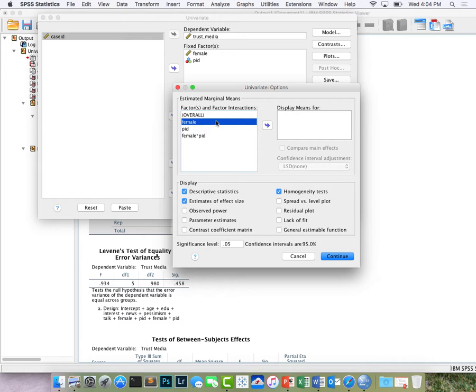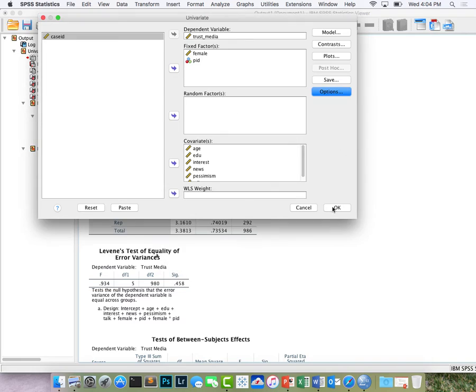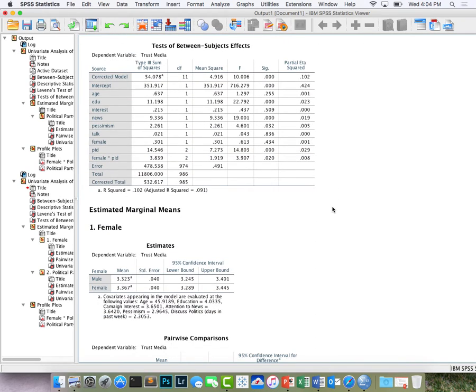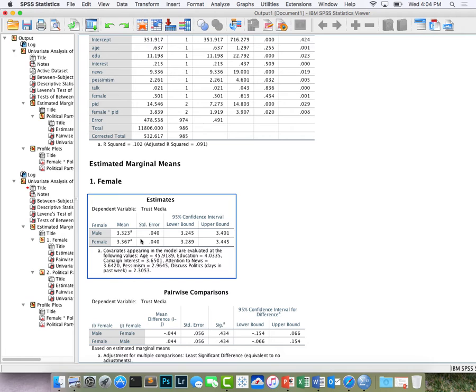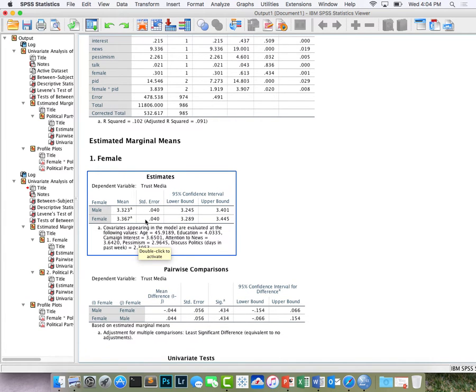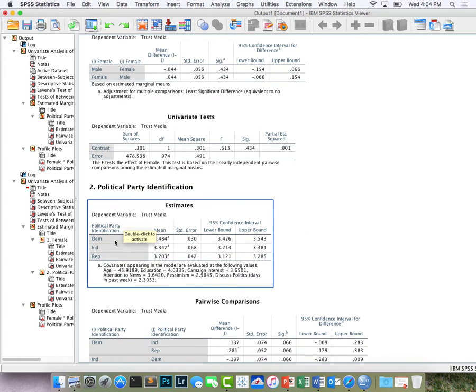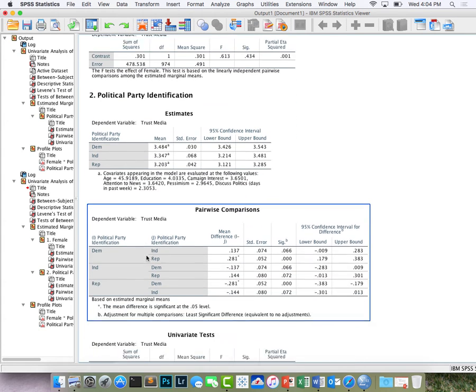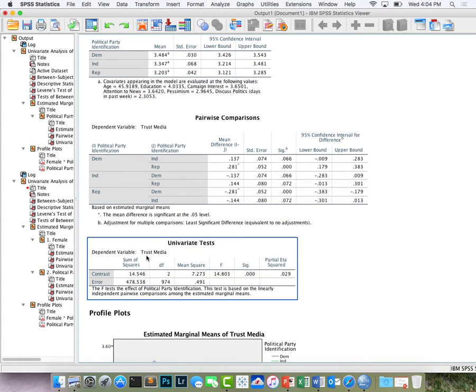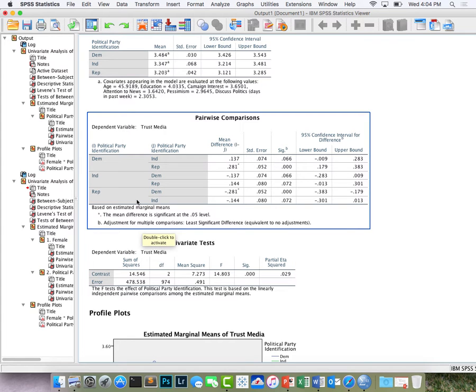In this case, we might want to do female, we might want to do male, and then we could ask for a post hoc test. It's going to give us some kind of warning message. These would be the estimated means for the male-female group, and these would be the estimated means for the Democrat, Independent, and Republican group. And these would be